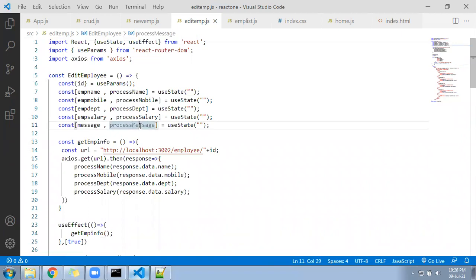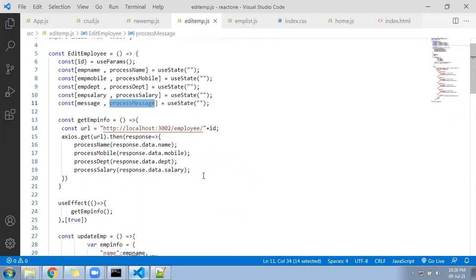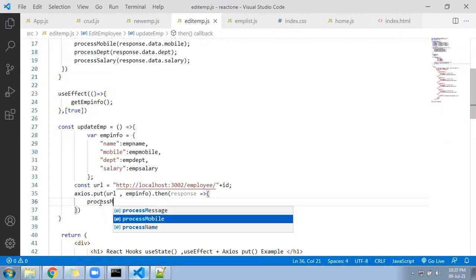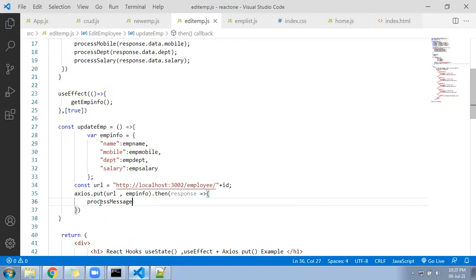So we will call this process message here, and under the process message you have to pass the name, EMP name, plus you have to add here called updated successfully.